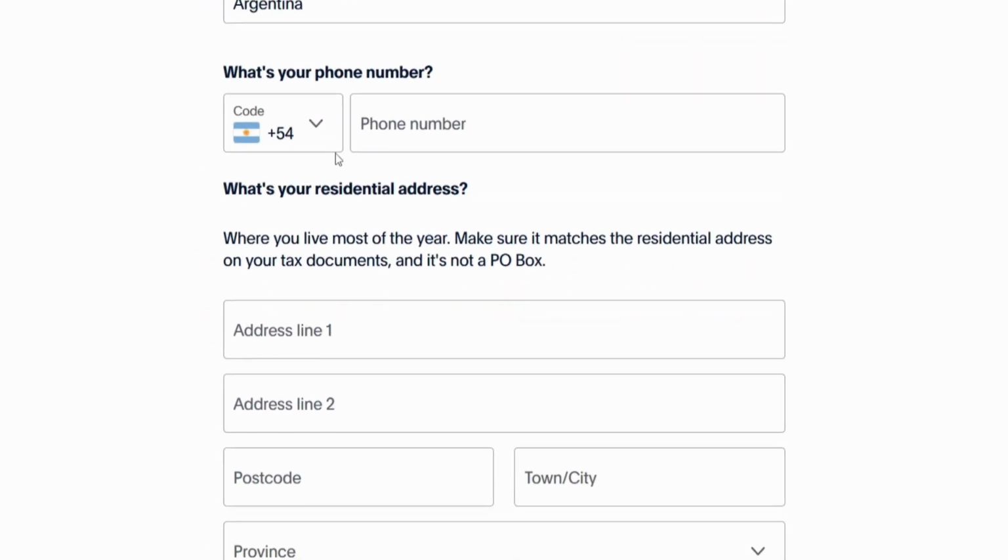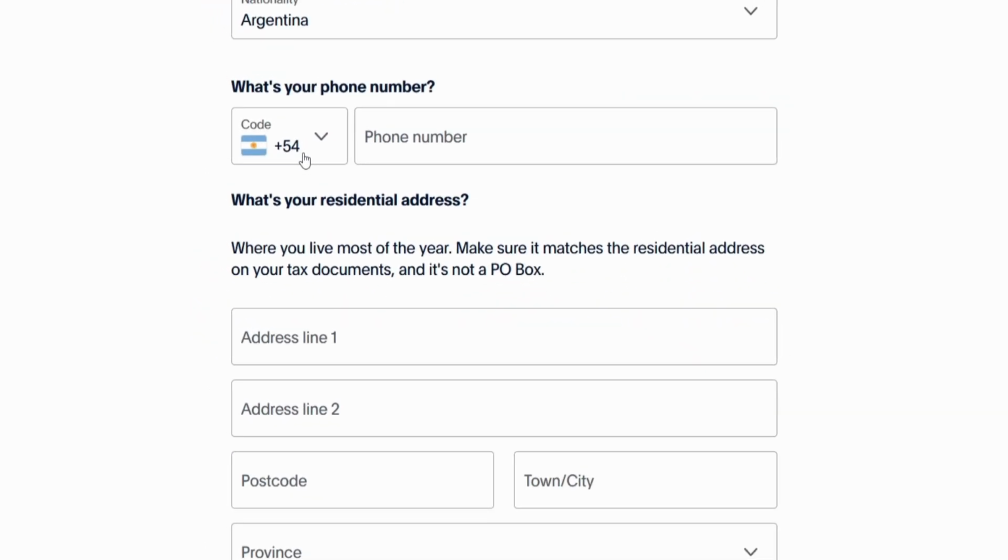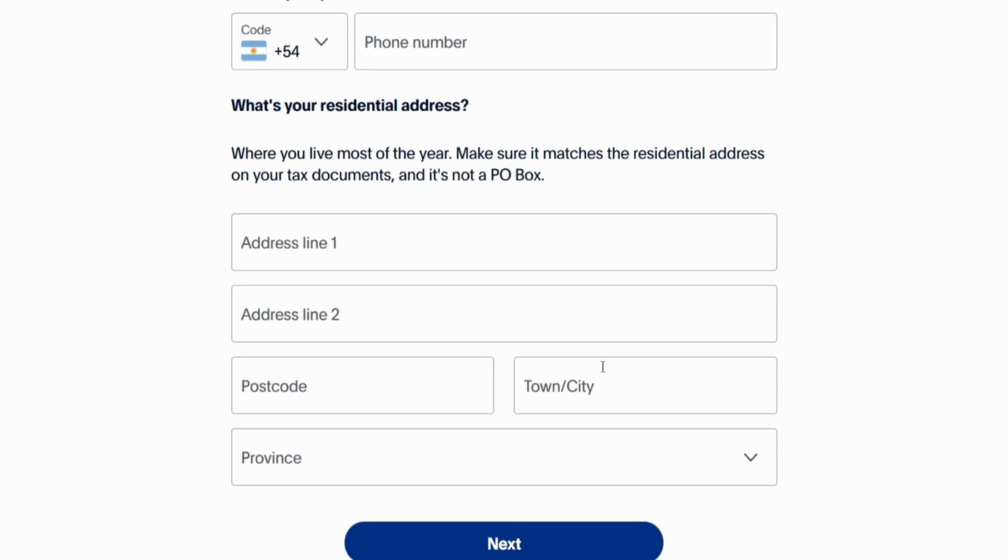Don't worry, just leave it there like that. Now the phone number, the code is 154, which is the Argentina country code. It's okay. Now for this one, we have to put a valid phone number here. Don't worry, I know you will be wondering how you are going to get a valid phone number and the address here. To solve this, let's head straight to Google and search